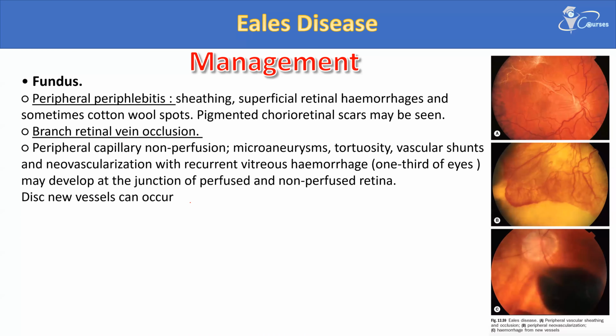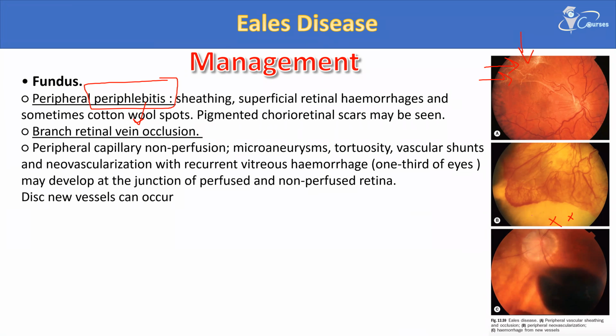Regarding the fundus picture, what can we see here? You can see ghost blood vessels in the periphery of the fundus. So there is peripheral periphlebitis. There is sheathing of the blood vessels. There could be superficial retinal hemorrhage, cotton wool spots, or scars. It could also lead to branch retinal vein occlusion. As we said, it is periphlebitis, so it can result in occlusion of the veins, branch retinal vein occlusion, and lead to peripheral capillary